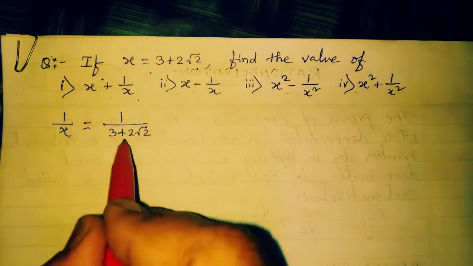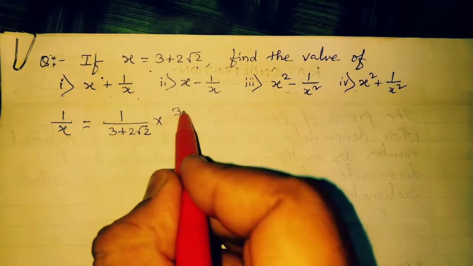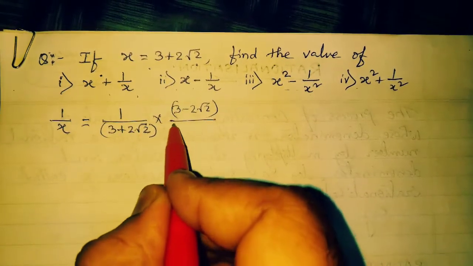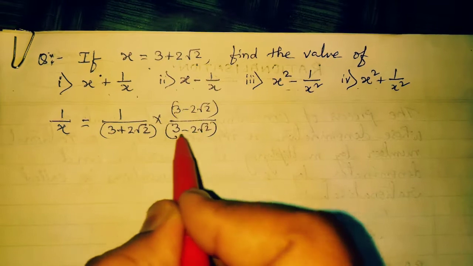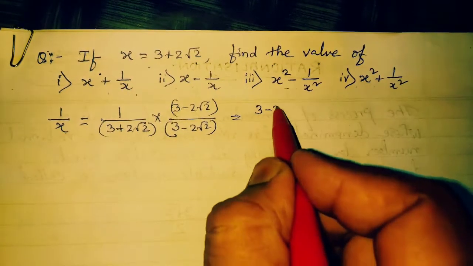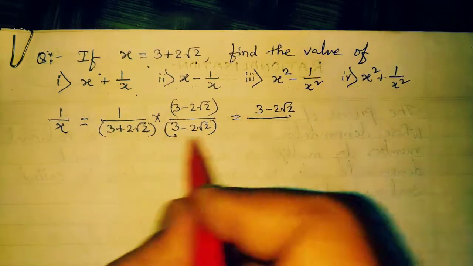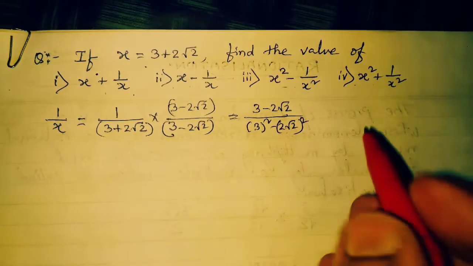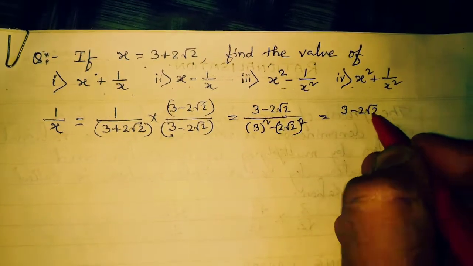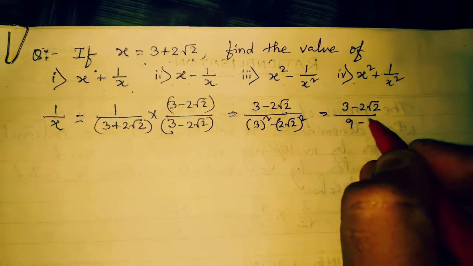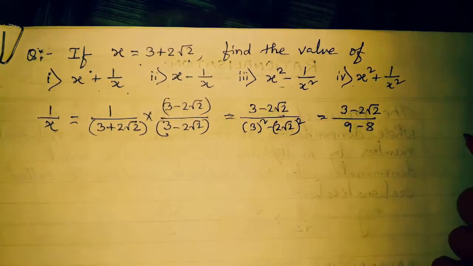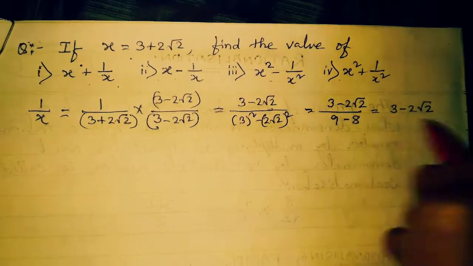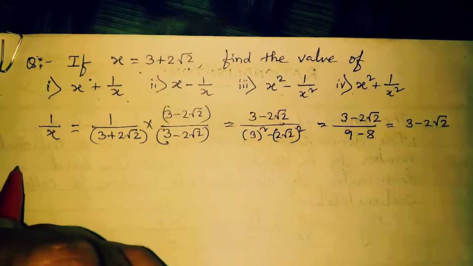So student, again what will you rationalize? The rationalizing factor is coming what? 3 minus 2 root 2. Just the opposite sign we'll take here. Here 3 plus 2 root 2 is given, we'll take the opposite sign, that is what? 3 minus 2 root 2. After that if you multiply, what will we get here? 3 minus 2 root 2 divided by, here coming what? A square minus b square. That means 3's whole square minus (2 root 2)'s whole square. So it is coming what? 3 minus 2 root 2, and 3's whole square is 9 and (2 root 2)'s whole square is coming what? 8. Because 2's whole square is 4 and root 2's whole square is 2. So 4 2's are 8. So finally we'll get what? 3 minus 2 root 2, because 9 minus 8 is what? 1.